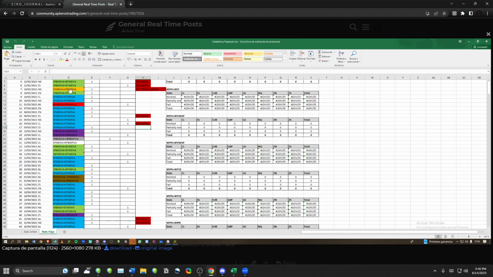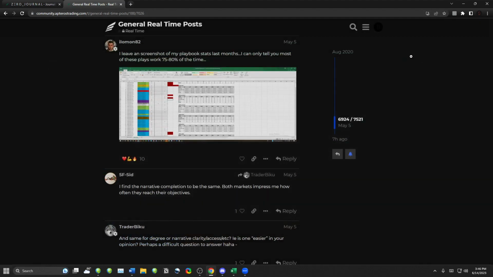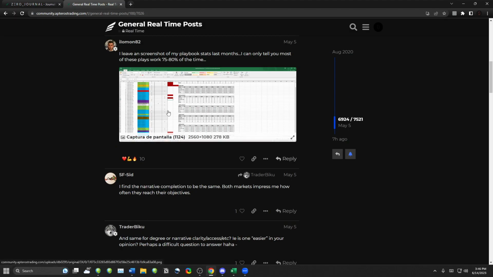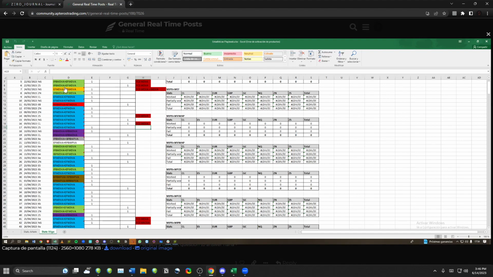What he does, this is a post of his from May 5th, and he talked about his playbook screenshot, and it's very straightforward, right? He has the specific type of trade it is, and the monthly and the weekly DVA time frame description. So is it an IPB plus an extreme fade? Is it an extreme fade on both? Is it an IPB, or, you know, vice versa on either time frame.